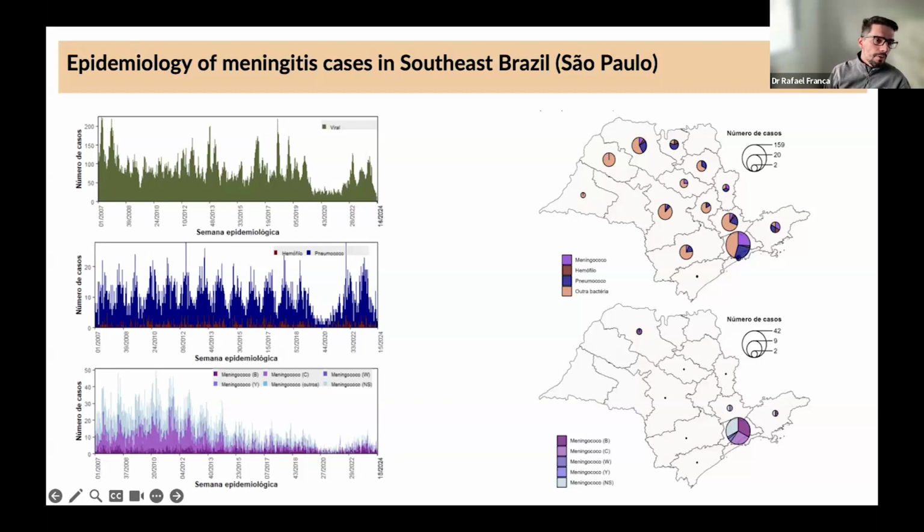We can see in green on the left the number of cases reported per year related to viral meningitis, and none of those cases had the pathogen identified. The identification of the pathogen is very common for bacteria, but is not for viral infections in Brazil, which is challenging given that Brazil has been facing recurrent outbreaks of different viruses over the last decades. Next slide, please.